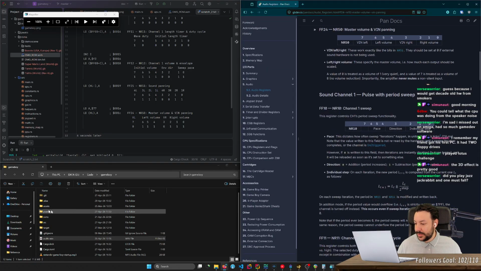Okay, we go back. You could tell what the CPU is doing from the speaker noise. Well, yeah, I remember, but again, this was already post 2000. Whenever we'd get a phone call at home or on the cell phone, the speakers would start making some noise. So I would know that my mom was calling me to check on me every day before the phone started ringing, just because of the interference.